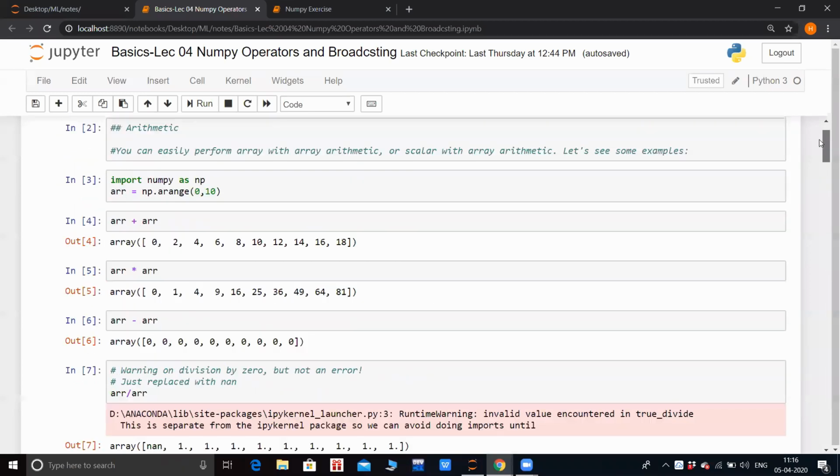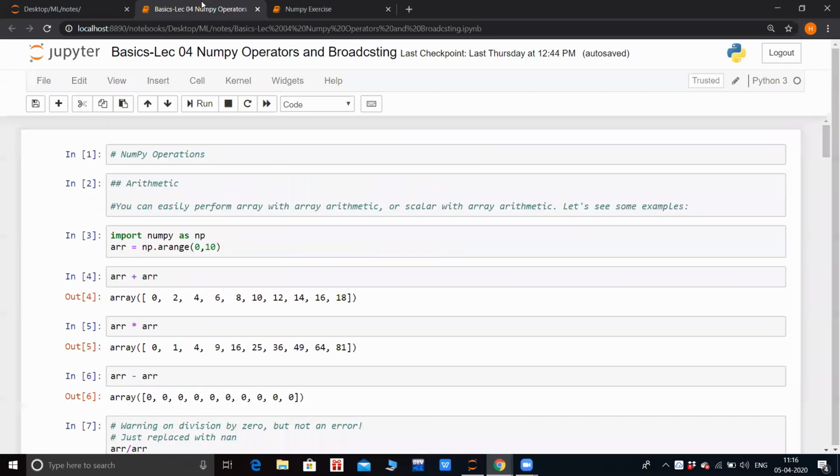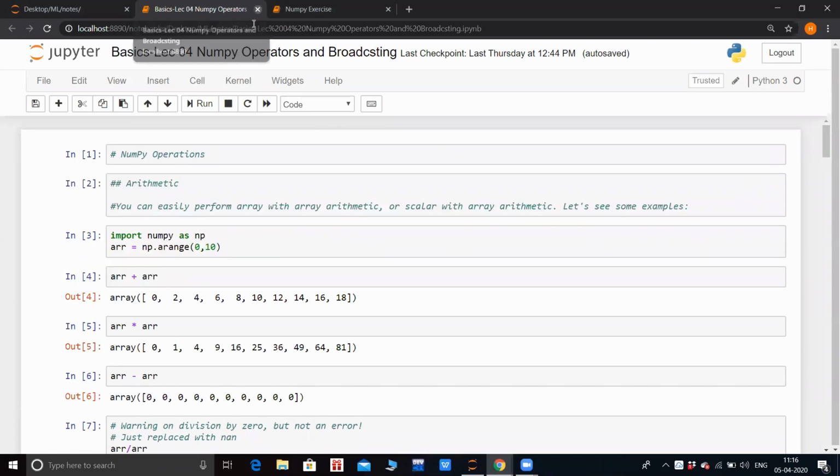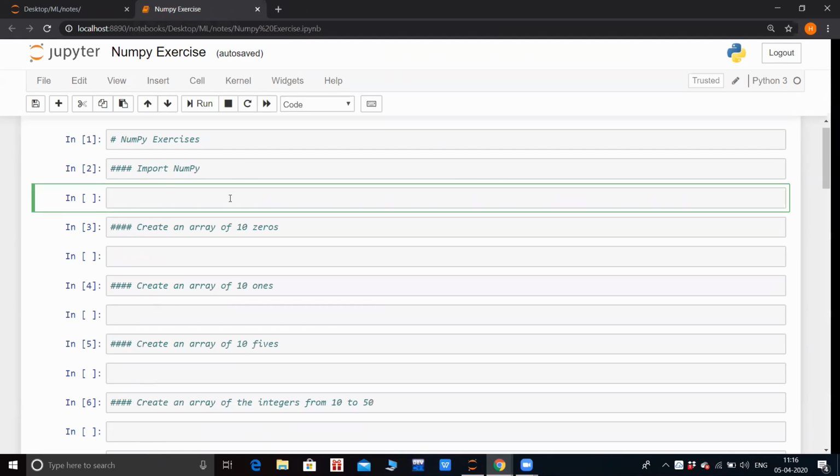Okay, so my teaching job here is done. Now what I want you to do is please open your Jupyter notebook for the NumPy exercise, and I'll give you time to solve each and every problem. Before that, I'll just tell you the rules here. I want to revise the full NumPy which I have explained to you. That's why I've created this exercise.